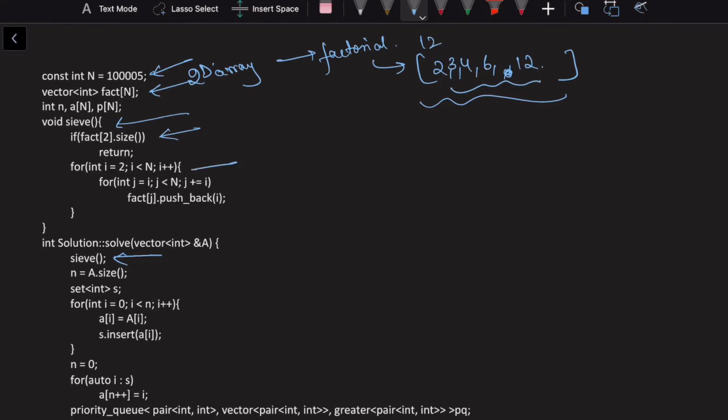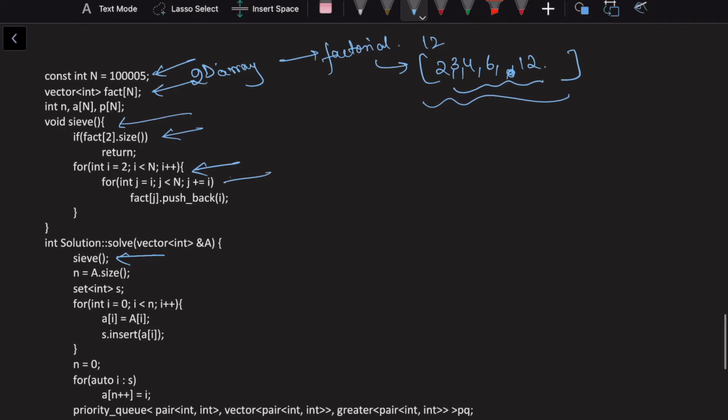So what I'll do is I'll go from 2 to all the numbers till n, and I'll keep on incrementing my j. Let's say I started from i, and I go till n. Every time I'll increment by i, that is at multiples of i, and I keep on pushing those numbers inside of my factorial.